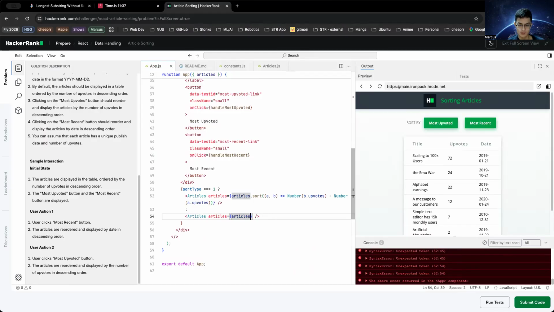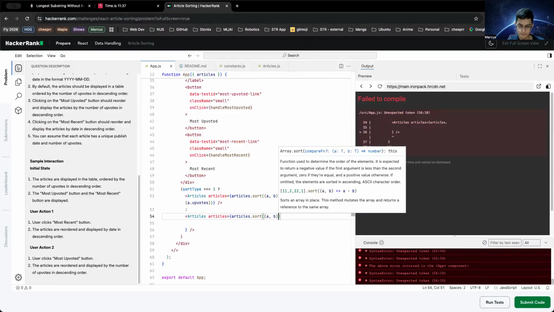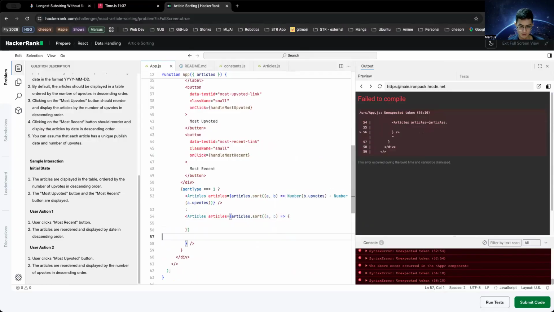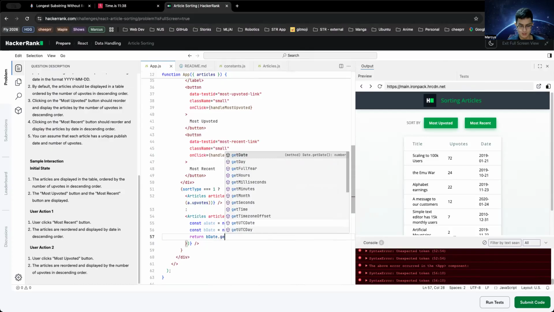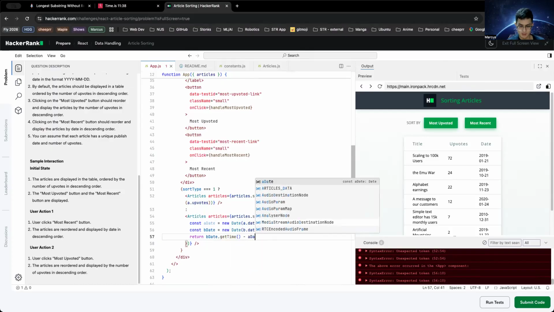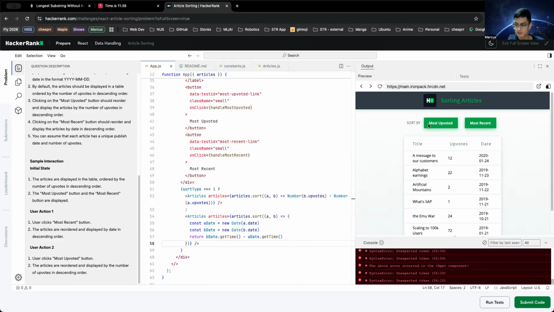Okay, then now I'm gonna do this: dot sort a, b, and now we'll do a return on a date. So const a date equals new date a dot date, b date equals new date b dot date, and then I will do a return b date dot get time minus a date dot get time, and then what I want to do is, oh hell yeah,